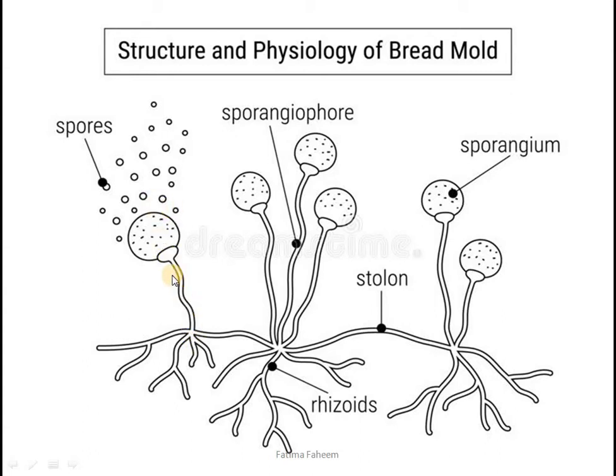The vertical hyphae, these thread-like structures are called hyphae. These hyphae, which are vertically positioned, will have sporangium at their ends. These are spore producing bodies and will produce spores. These horizontally lying hyphae will attach the fungus to the substrate or substratum, and these rhizoids will cause the absorption of the nutrients into the fungus.